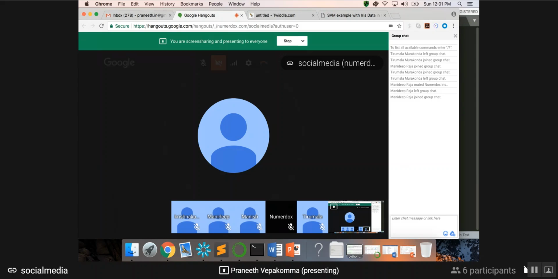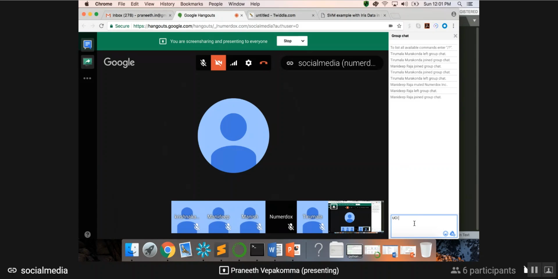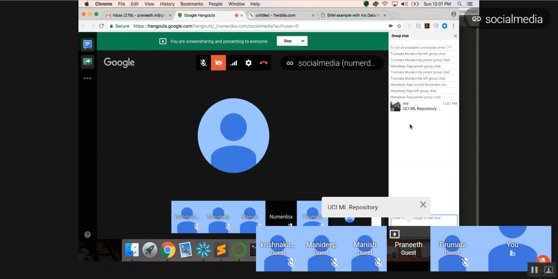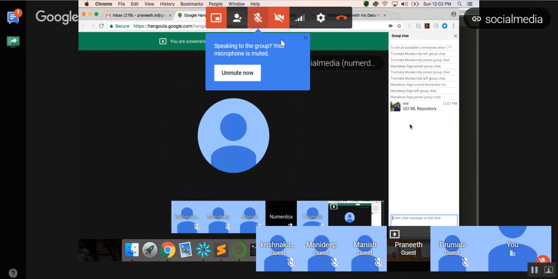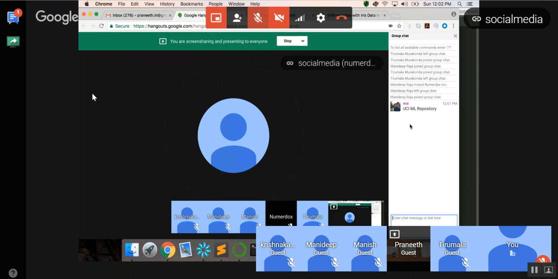Ideally, you can use the UCI machine learning repository, UCI ML repository. If you search for that on Google, I just sent it on the chat window, and I will send it in an email as well. You will get a website with a lot of data sets you can choose from. Choose anything that says classification or regression, and then choose a data set that catches your mind.